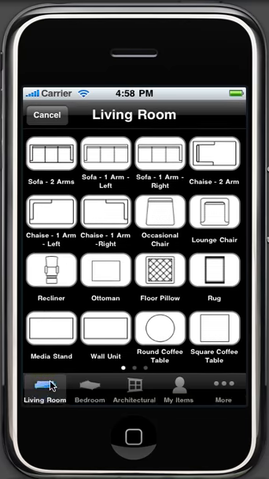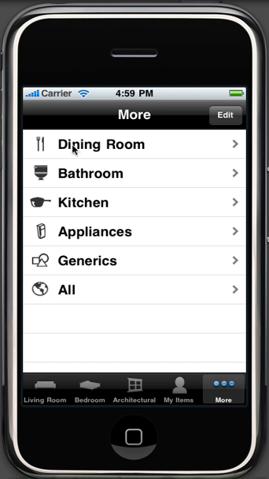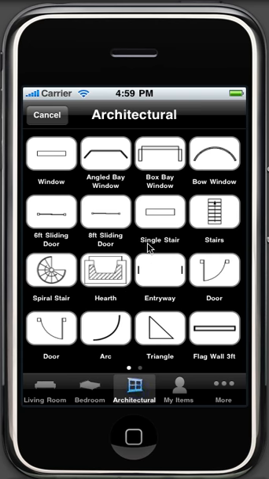We have the categories living room, bedroom, architectural, my items, so you can custom name, custom color, and custom size a room item and store it here for use in all your floor plans. So it's extremely handy. We also have the dining room category, bathroom, kitchen, appliances, generics, and all. So let's start with a simple